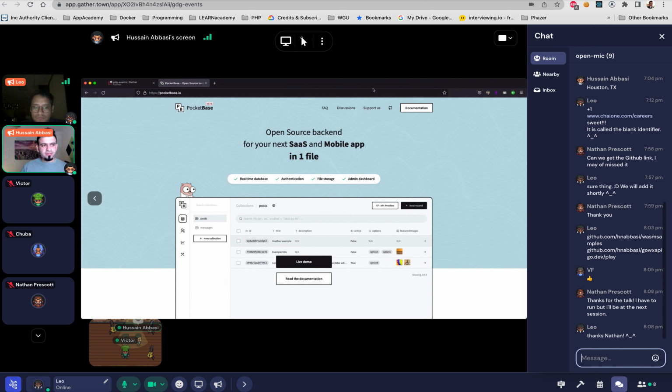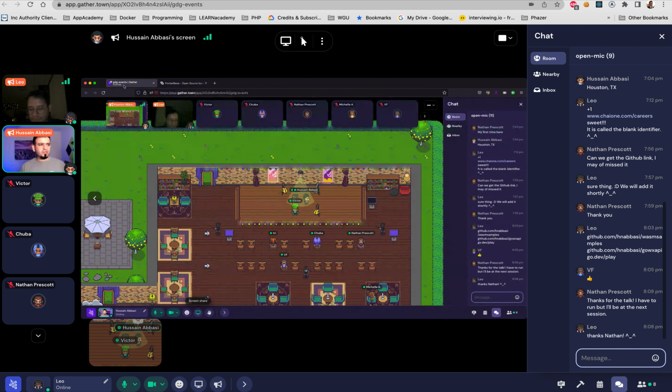It's just as performant as Supabase, if not better, and gives you that whole backend system ready to go. All you have to do is just make the connections to your database. It does have a built-in SQLite database, which is super fast. But if you want to have it connect to your own, you can do that as well. So that's one thing that is out there right now, and it's pretty cool.